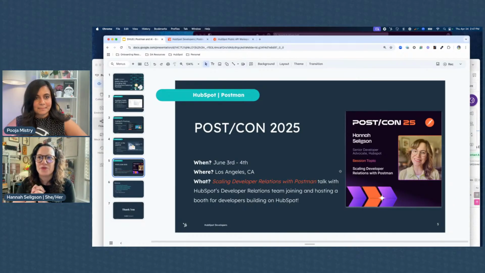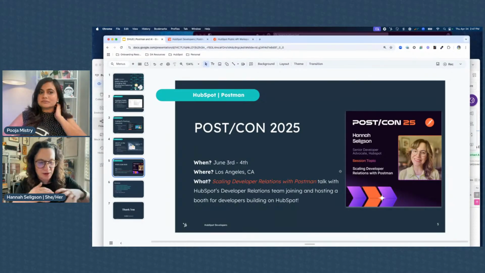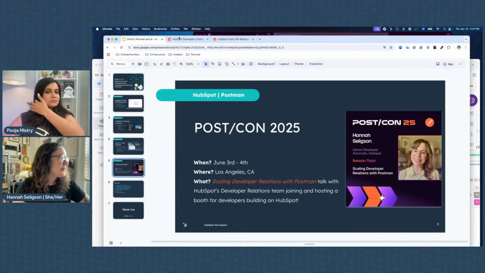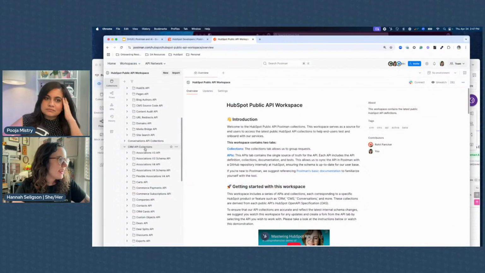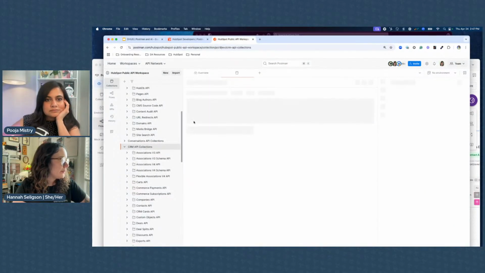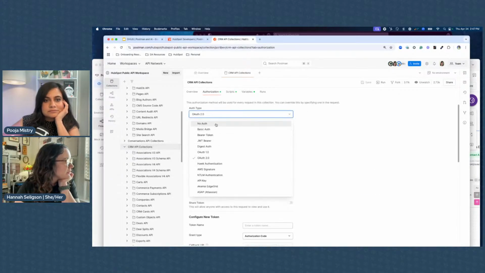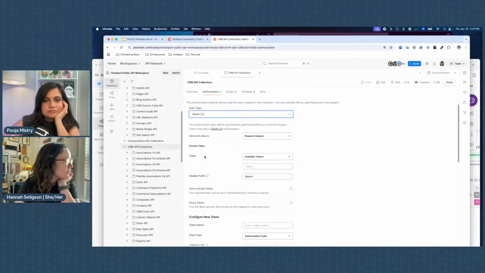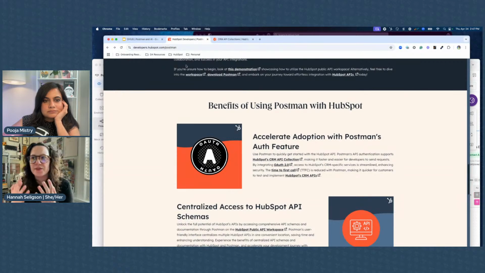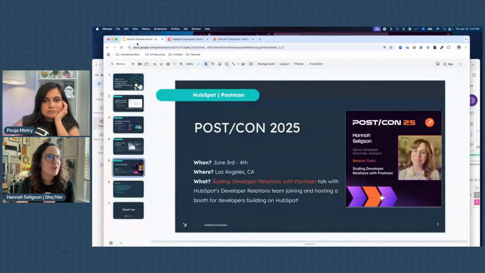And for anyone who's curious about what Pooja's speaking about, in our workspace we provide a guided auth. Well, this is not a good example, but what we're speaking to is that there's no question that OAuth, when it comes to authentication, can be tricky and challenging.